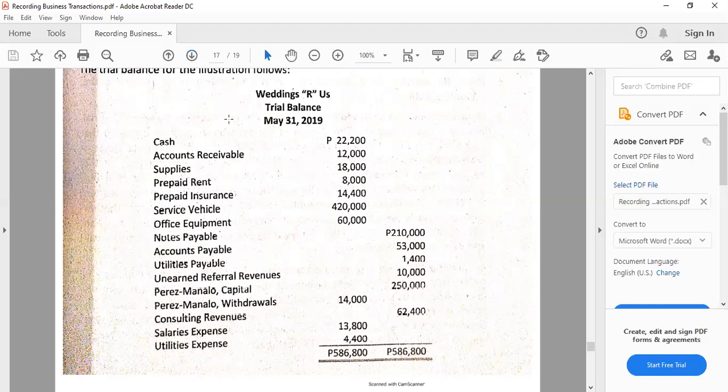Okay, so as what I've said, this is going to have here for the month or quarter or semester or year ended May 31, 2019, and then a space, then the heading account titles, debit and credit, of course, to be aligned. Then space, these are now the account titles written. So very good here. You can notice that there is a peso sign at the beginning and at the end. So we do not put peso signs like for every balance. No, it should be written at the first and the last.